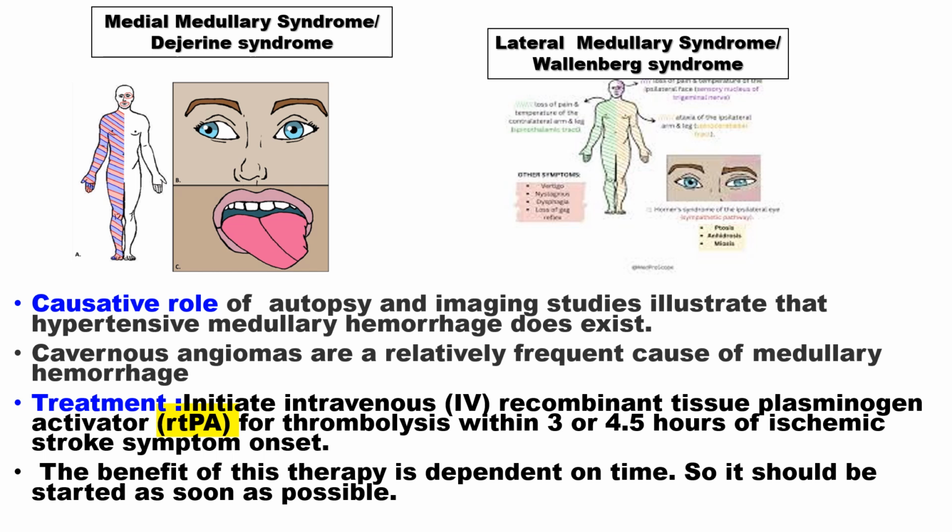Regarding the causes of medial medullary syndrome and lateral medullary syndrome, autopsy and imaging studies illustrate that hypertensive medullary hemorrhage does exist. It can also be due to cavernous angiomas, which are relatively frequent and can cause medullary hemorrhage. Treatment involves initiating intravenous recombinant tissue plasminogen activator for thrombolysis within 3 to 4.5 hours